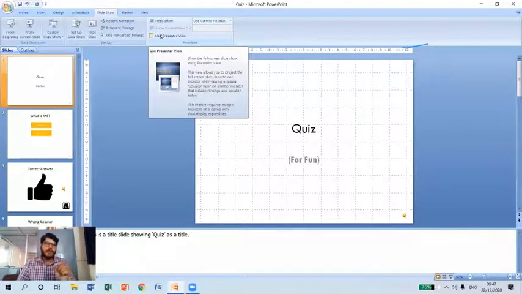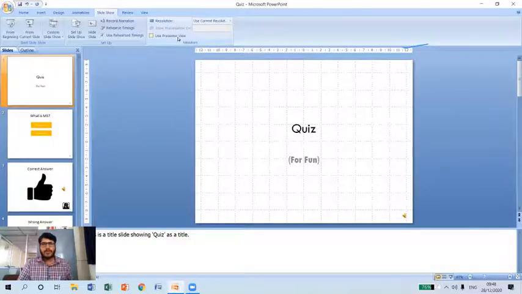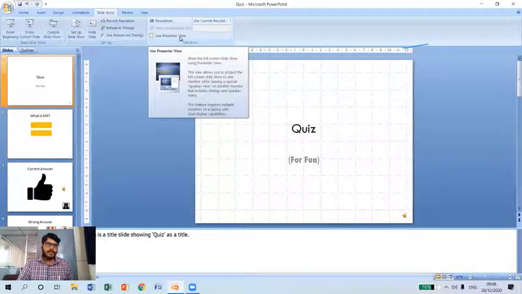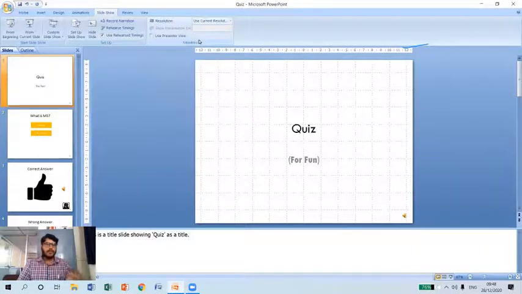So we can utilize the presenter view whenever we are using a projector connected to my system, when we have multiple displays. This feature requires multiple monitors or laptops with dual display capabilities, then only the presenter view is going to work, otherwise it will not work. So this is all about the monitors group which is available in the Slideshow tab.